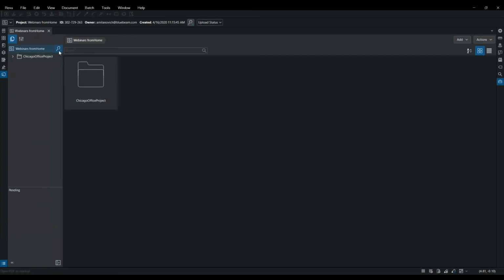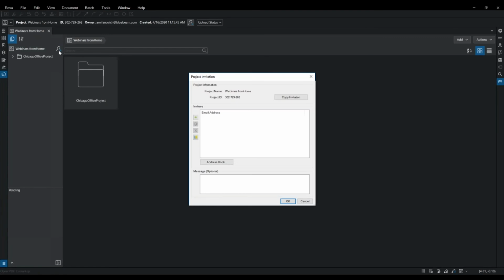The way that we do that is through this invite icon. To the right of the name of my actual project, you'll see this little person icon with a plus sign. If you are using the 2018 version of Review, it's just a little envelope, like one you would stick in the mail. Either one of those will work. It's the exact same option. We're going to choose the ability to invite.